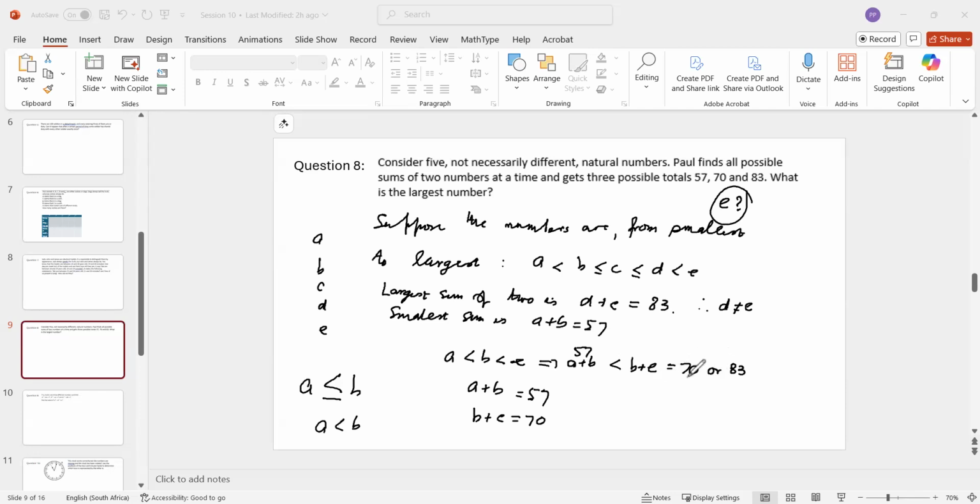But if B plus E is 70, E is the largest, then I'm missing something here. So A plus B is 57, right? That's fine. B plus E is strictly greater, so it could be that. But B plus E is also